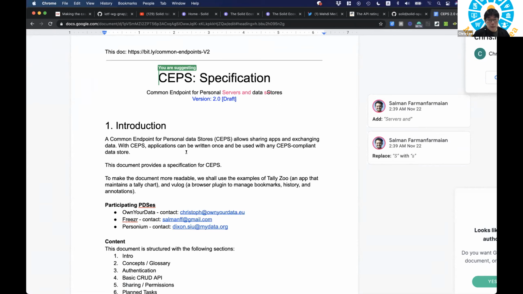Yes. Sorry. I am seeing a lot of people saying that we should go back to CEPS, and I absolutely agree. The point of Solid, at least for me, is that it's about interoperability, and I think what we want to do here at CEPS is exactly that. In terms of CEPS, the idea is to make PDSs, or personal data stores, interoperable.